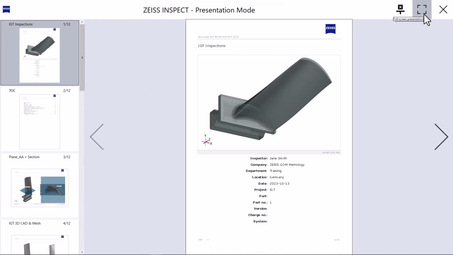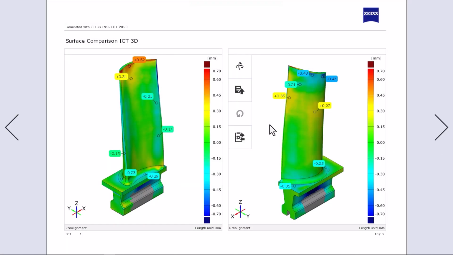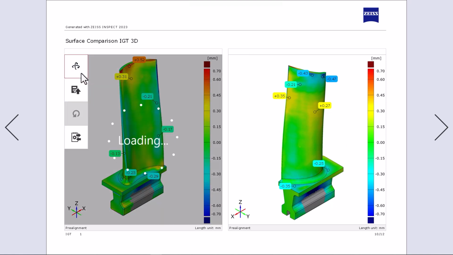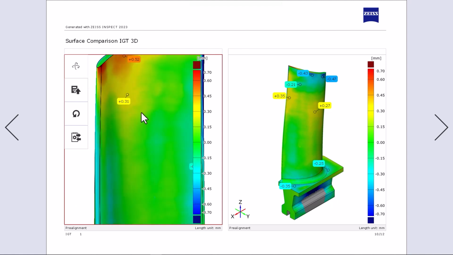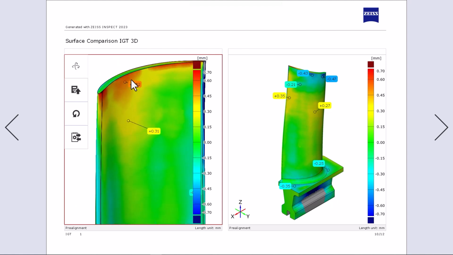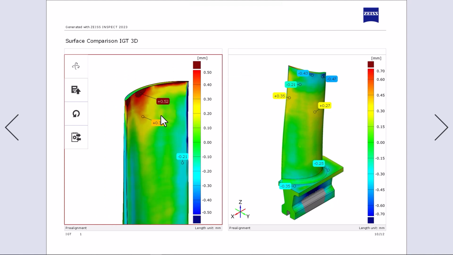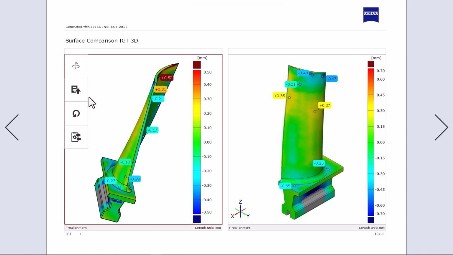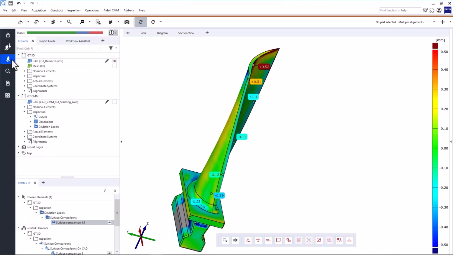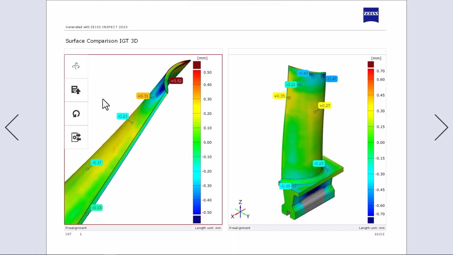First, let's activate full screen presentation. Now, with interactive 3D view, you can rotate the object, move it around, scale the view, drag labels, edit legends, and so on. All these changes are temporary. They do not have any impact on your actual report. With Restore 3D View from Report Page, you can jump back into the Airfoil Inspection workspace. To reset the view of your report page after changing it in presentation mode, click Reset View.